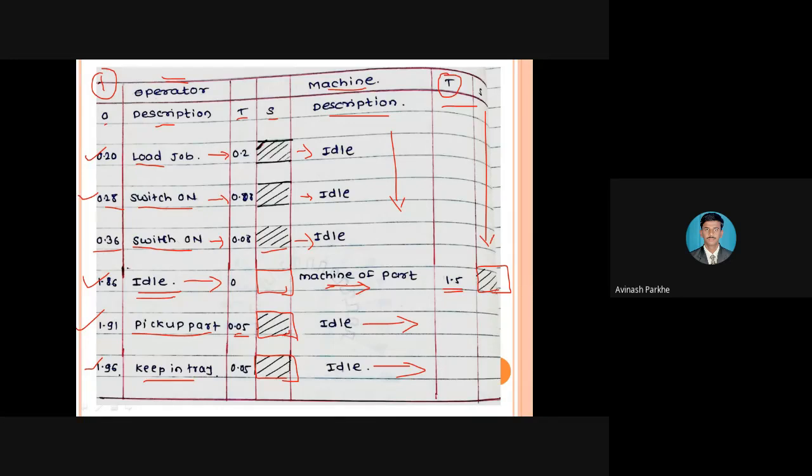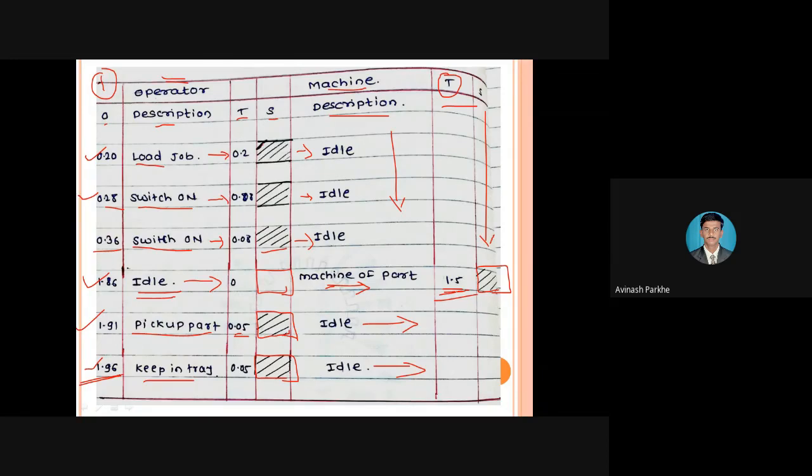In addition to the working and the idle condition, the time required to perform that particular job is also represented. You can see at the bottom side, a total of 1.96 is there. That 1.96 means a total of 1.96 minutes are required to perform the job of the operator, and here at the right side you can see only 1.5 is there. 1.5 means 1.5 minutes are required to convert the raw material into the finished goods. And in that 1.5 minutes only your machine is working,